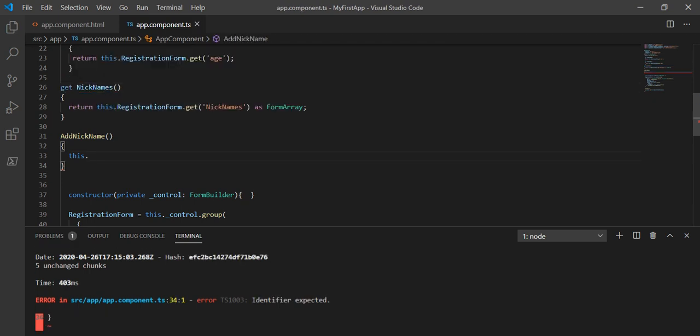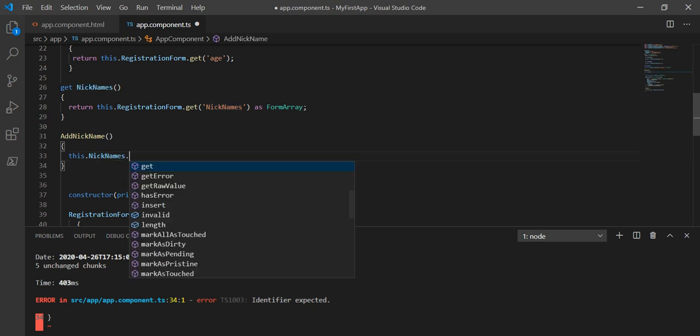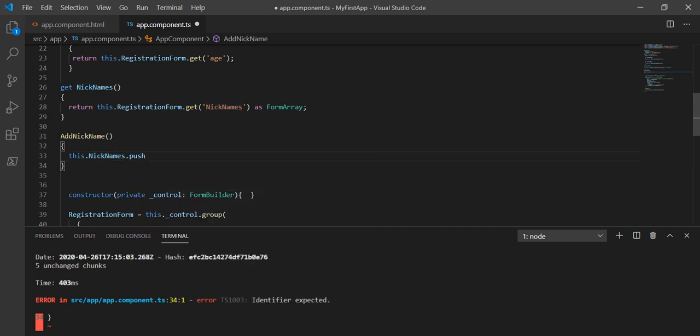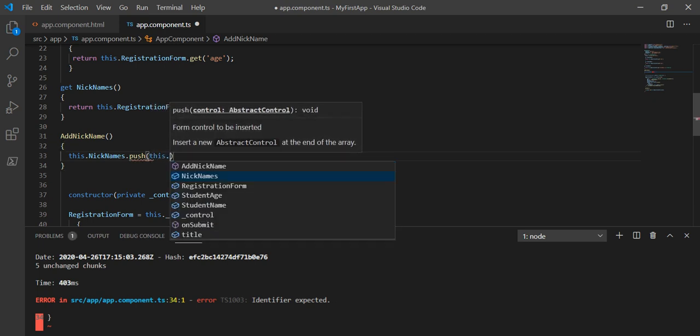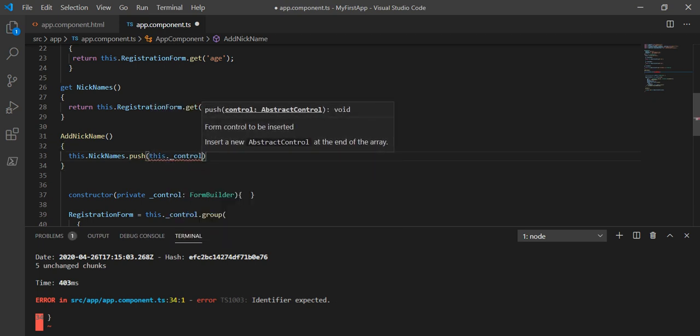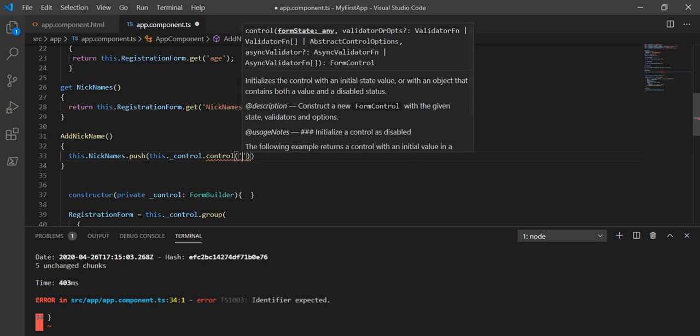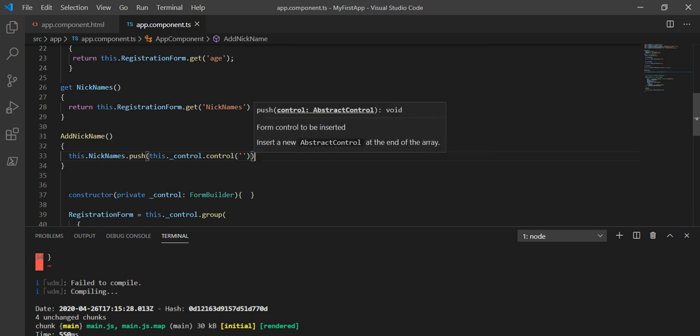So this.nickname, and this nickname is basically the getter we just created. this.nickname.push, and there we add this.fb.control. Here we can give any value if we want.